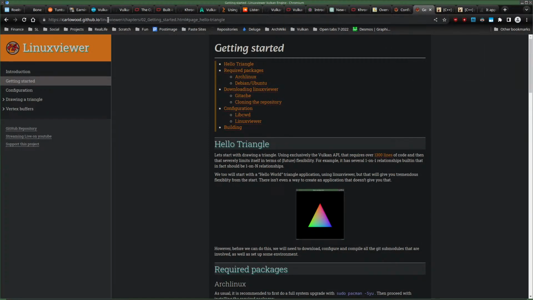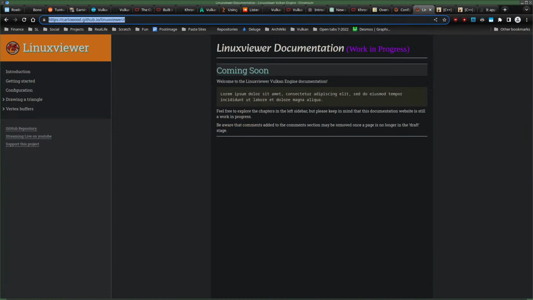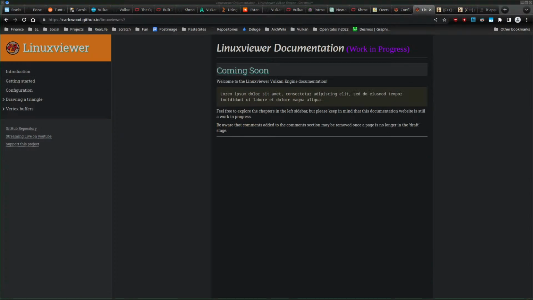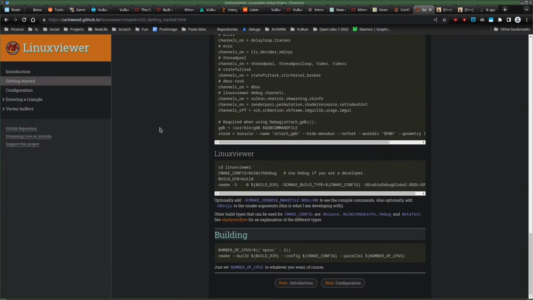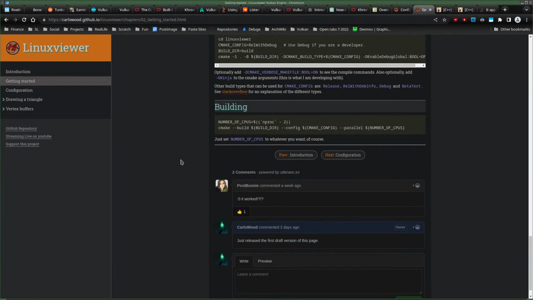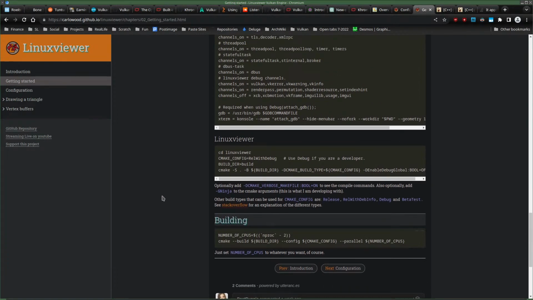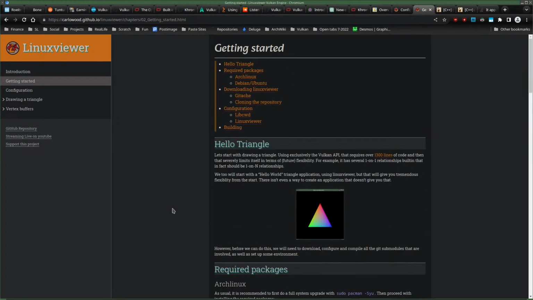But that's where it's gonna show up. And so far I have introduction and getting started, but at the end it doesn't even refer yet to the hello triangle. But for the rest the page is already the same.